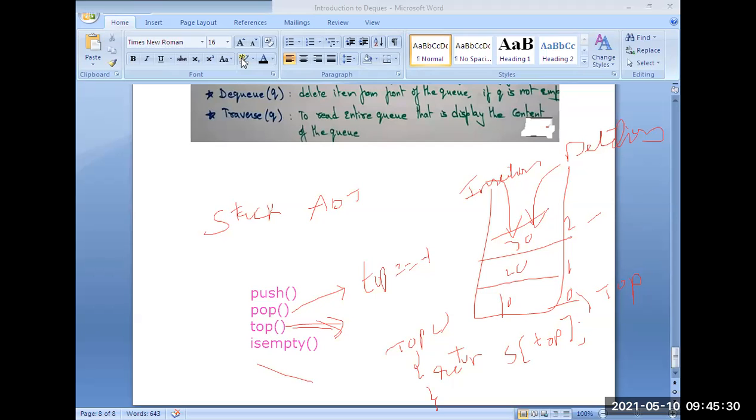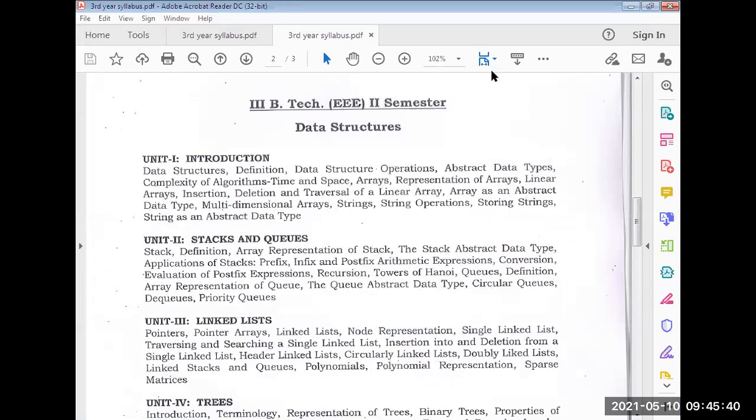Okay. This is our syllabus. So far, I have covered all the topics. If any topic is missing, just inform me. Okay. I explained stack, then the definition and representation of stack.